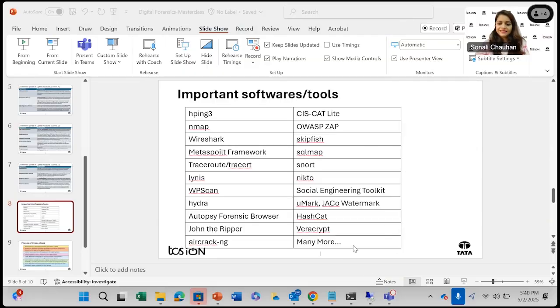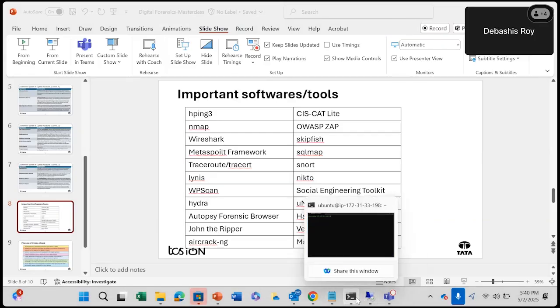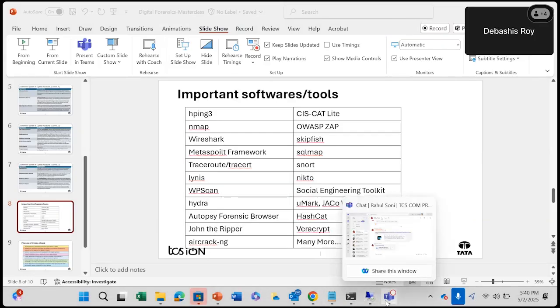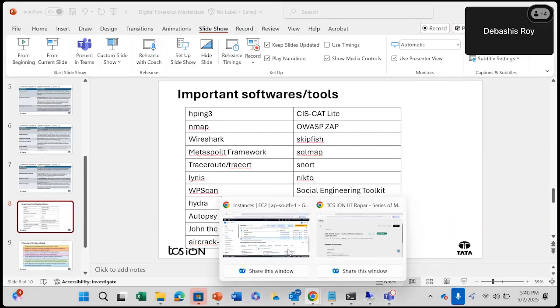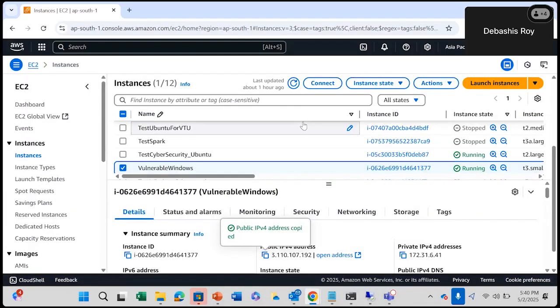If I get back to this now, see, in my setup, for the configuration part, I've used two systems. Ideologically this would be in a network environment, but here I'm using two AWS VMs, virtual environments, to give you a demo.